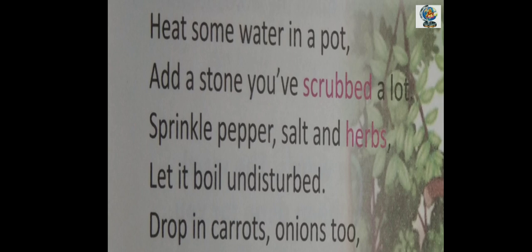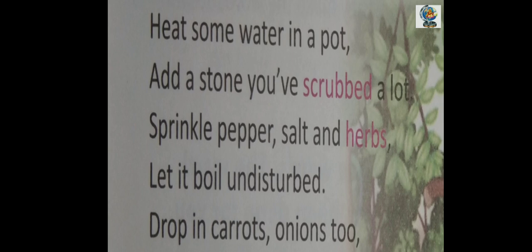Herbs means small plants which can be eaten.